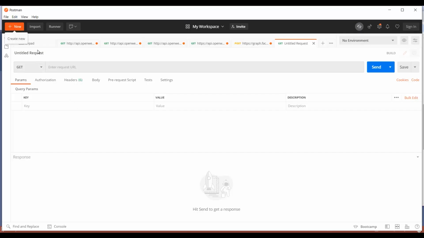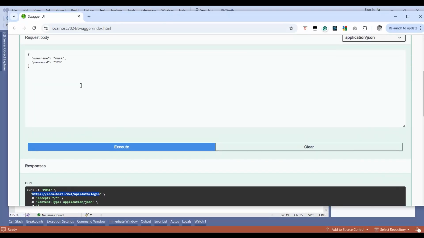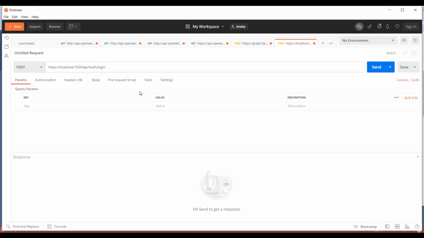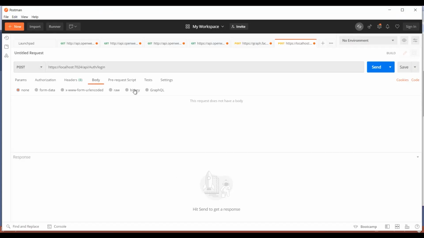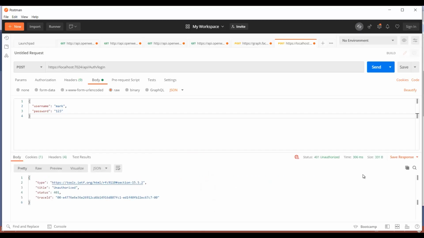Click on this new button and select create new, and our request will be of type POST, and I will just paste this login endpoint URL here, and let me just copy this request body, come back to Postman, and I will go to the body section, select raw, and the type will be JSON, and here I will paste it, and let's click on this send button and it will perform our API request,